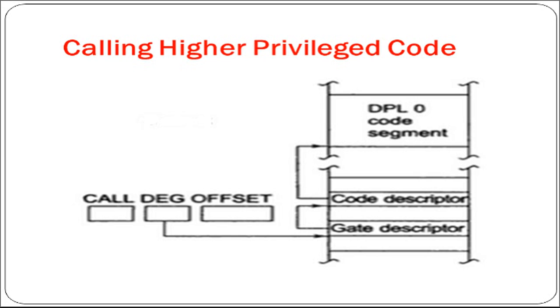Now by using that call gate descriptor, I will get an entry point at the higher PL, but not to the entire code segment, rather limited access. Thus, by using a call gate, I can enter the higher PL, but direct access to a higher code segment is not given; rather, it is given through the gate descriptor. So, the figure explains in detail.